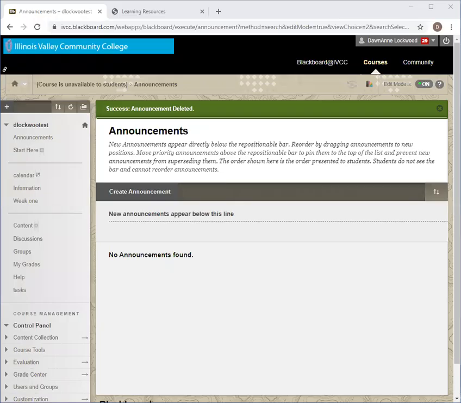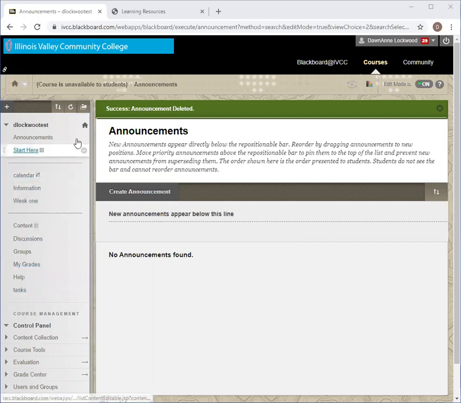Hi, this is Dawn, and I just want to show you a couple things about navigation in Blackboard. One of the things I think students often do is get confused with navigation when you have a lot of different things in here that you don't necessarily need. So I do have a bunch of stuff in here, and it's in a weird order that maybe I don't necessarily need. So in my navigation area, which is this area right here, which is the area that the students see,